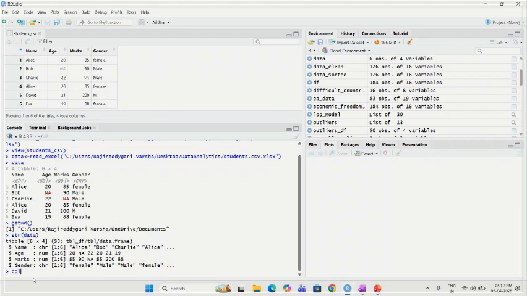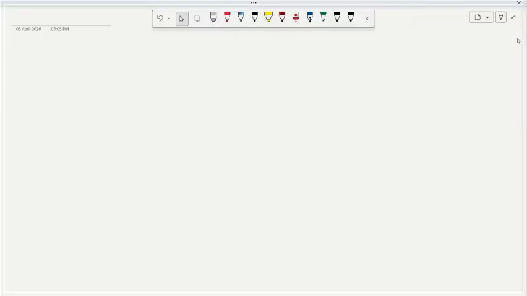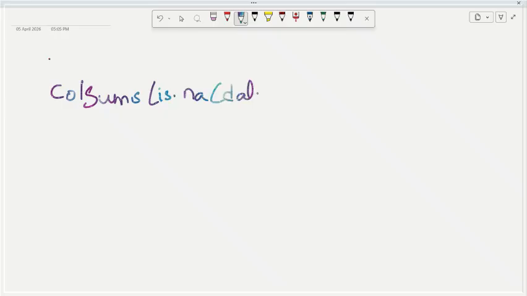Next command, sum of is.na of data. Let me explain this line clearly. is.na of data means